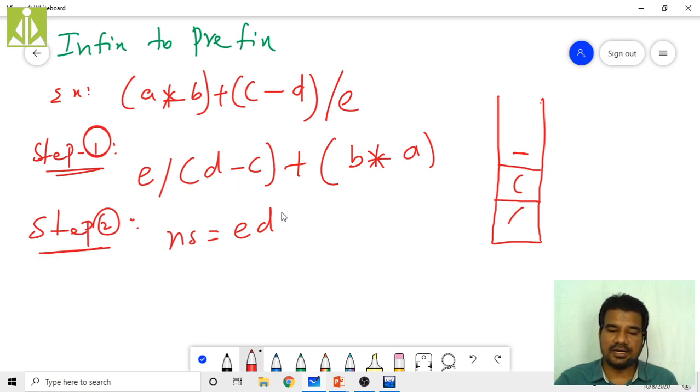Then we have C added to the output string. Then we have closing. So closing means look for the matching opening parenthesis. So this is my opening parenthesis. In between I have minus. So pop that minus and put here. And yeah, this parenthesis, let me take a different color. So this parenthesis as well as this parenthesis will be discarded, and this is already popped. So remove these things and go to the next character.